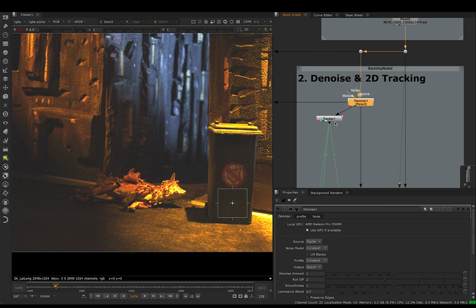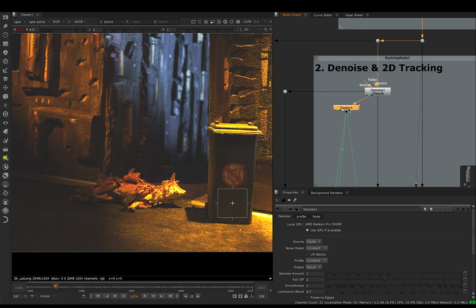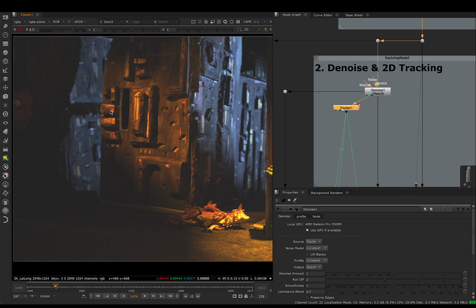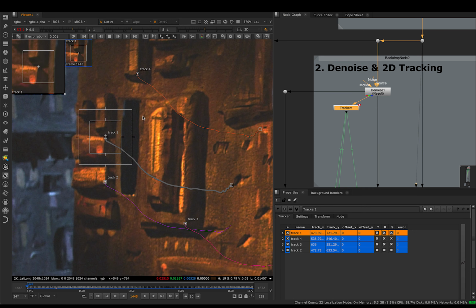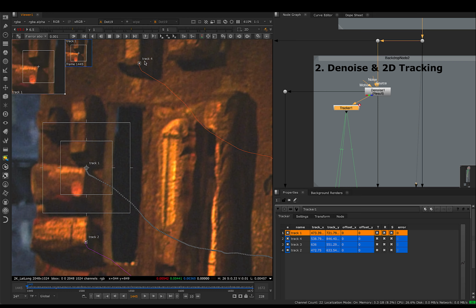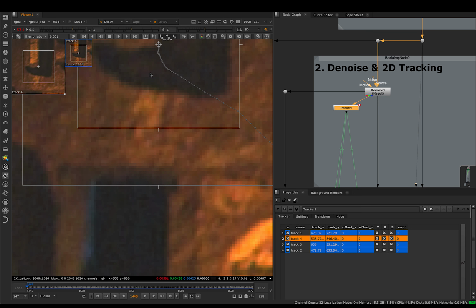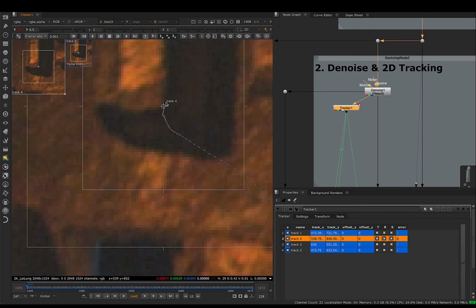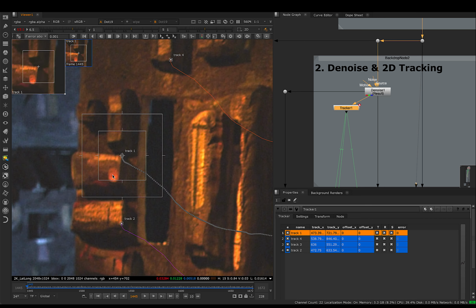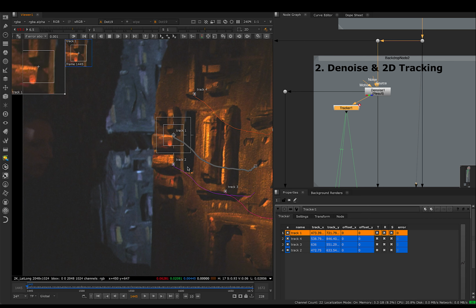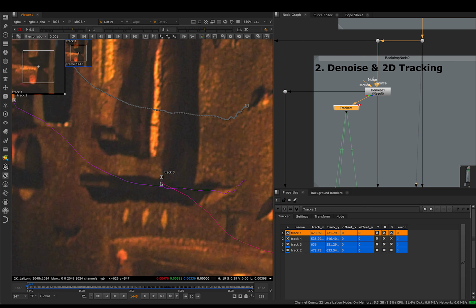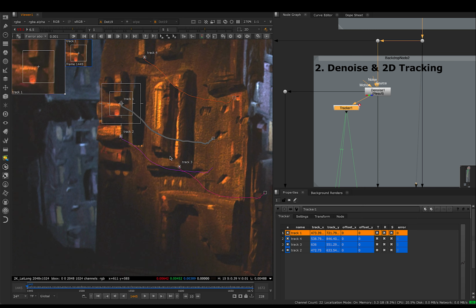After the denoise is finished, I use the 2D tracking node and track the wall, this piece. Then I used 4 tracking points, as we can see here. If I double click this tracker node, I placed the 4 tracking points on the sharp corners here, for instance, of the brick, and here, and here, and also one here. Then track these 4